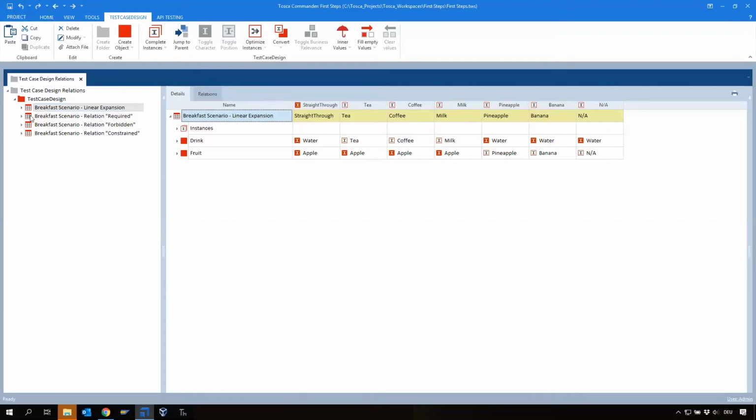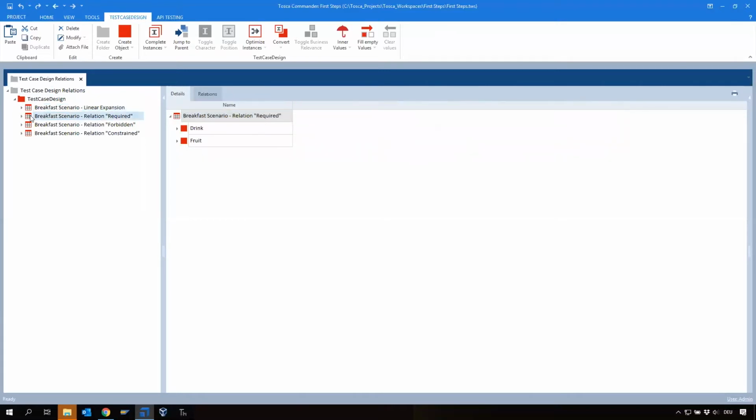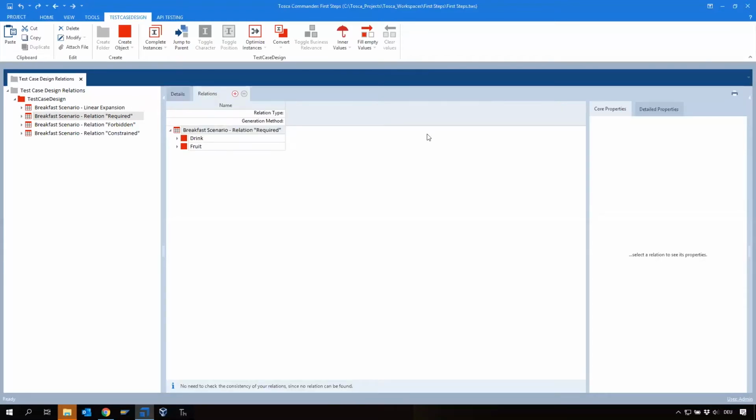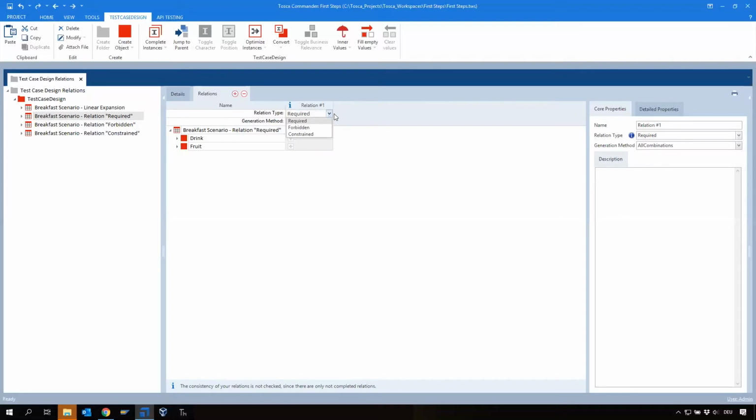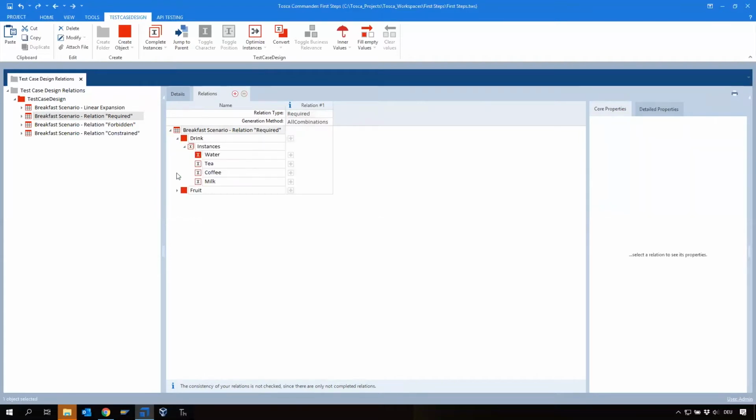Let's quickly check the different relation types. We do have the relation type required. So I'm jumping to my test sheet, breakfast scenario. It's the complete same structure as we saw before. I'm switching to the relations tab and now have a separate menu for defining different relations and relation types. Press the button, relation plus. I select the relevant relation type required. And now I can model the relation